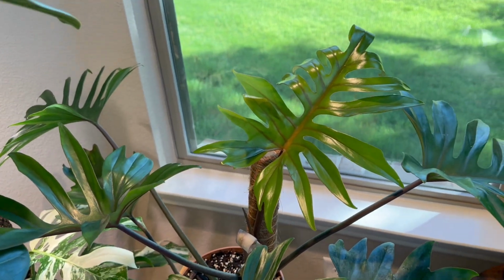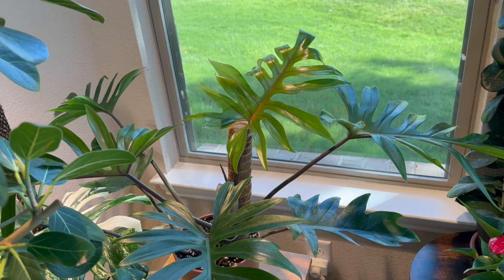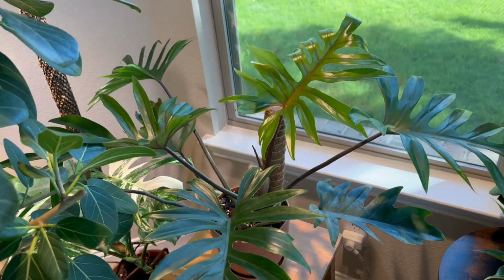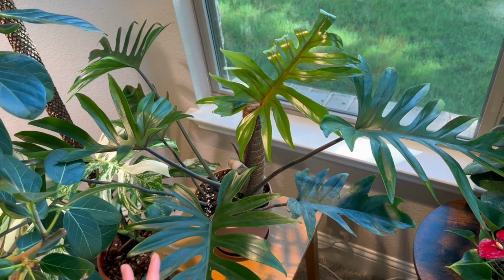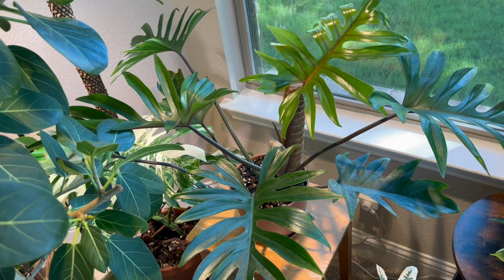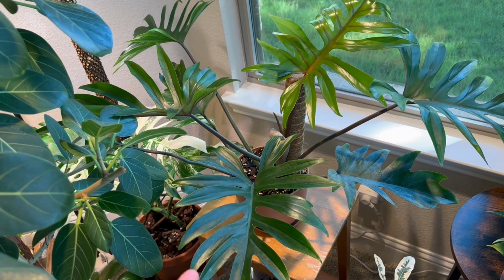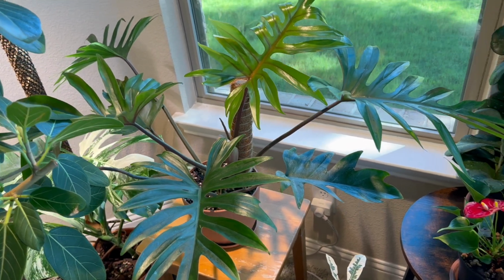It's one of my all-time favorite plants. But you just have to have a big space for it, because look at the wingspan. I don't know where I'm going to put this honestly, but I'm going to find a way and find a location where I can enjoy this. Maybe upstairs, I don't know yet. But anyway,